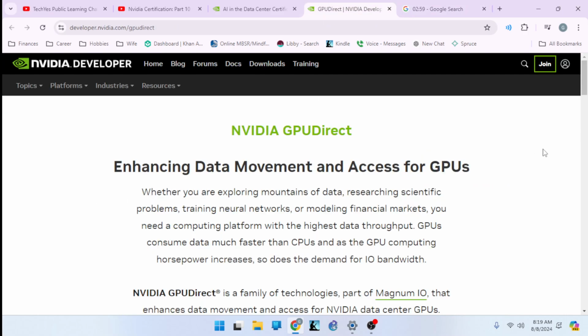All right, so this is Nvidia GPU Direct, enhancing data movement and access for GPUs. Whether you are exploring mountains of data, researching scientific problems, training neural networks, or modeling financial markets, you need a computing platform with the highest data throughput. GPUs consume data much faster than CPUs, and as the GPU computing horsepower increases, so does the demand for I/O